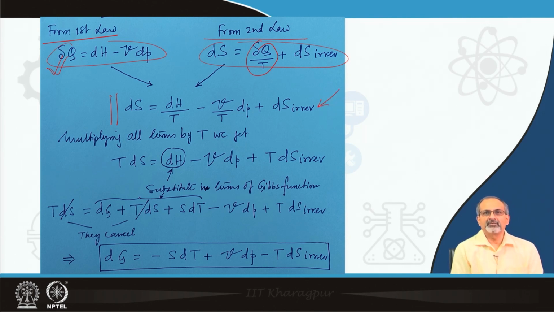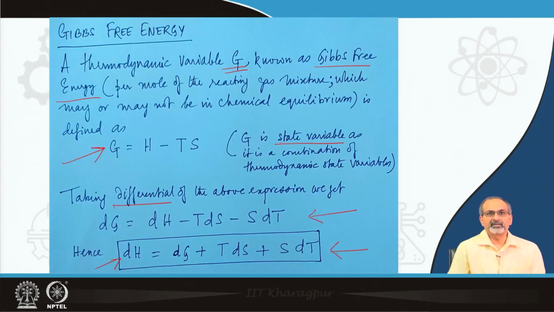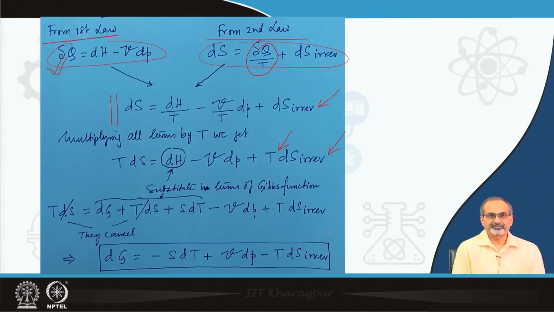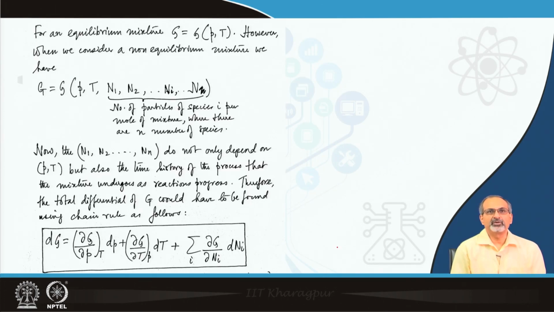Now, if we multiply all the terms by T, what we end up getting is a form like this, and then we substitute the dH part of this expression from what we had derived in the previous slide. So, we try to use this relation in terms of the Gibbs function. If you do that, then you find that these two terms would cancel out, and you will be left with a differential form of G. Take note of this equation. From this point, we try to take it forward,